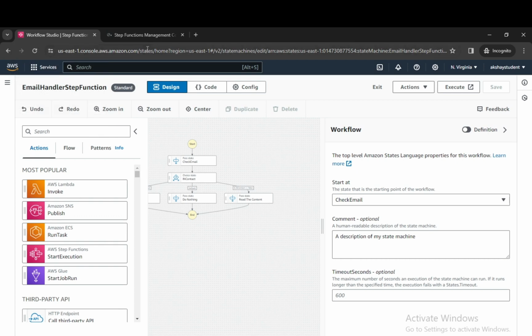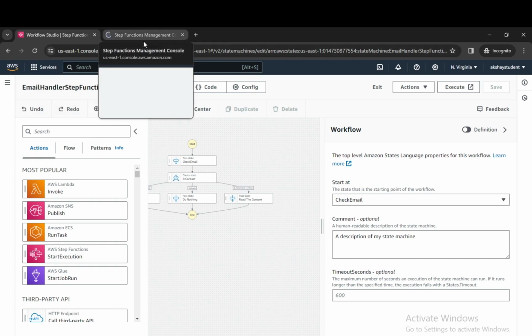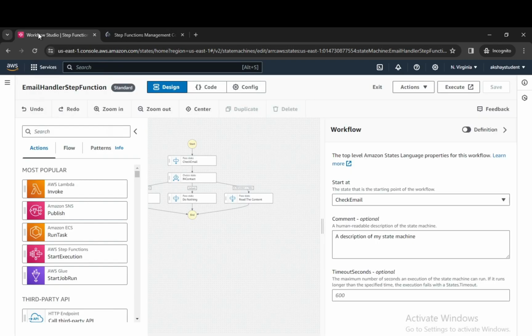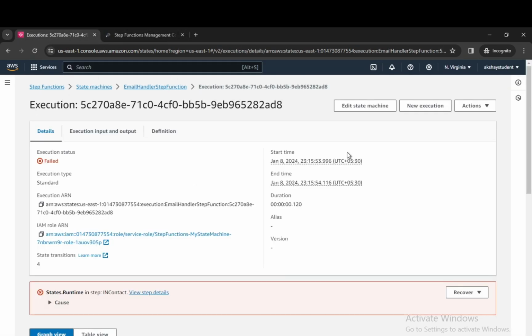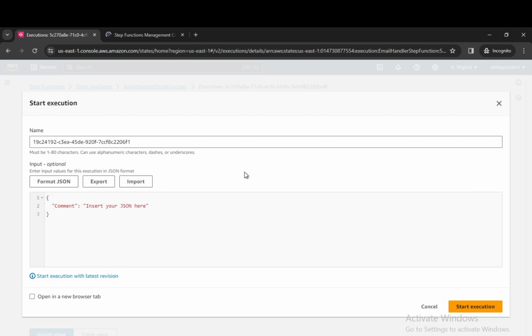Okay, and once you try to execute here, it is taking some time. Let's wait for a minute. Let me do exit first. Okay, and after doing the exit, why is it taking so much time to load? Okay, let me try a new execution. Yeah, so inside the new execution, we need to provide a variable name. So our variable name is in contact,